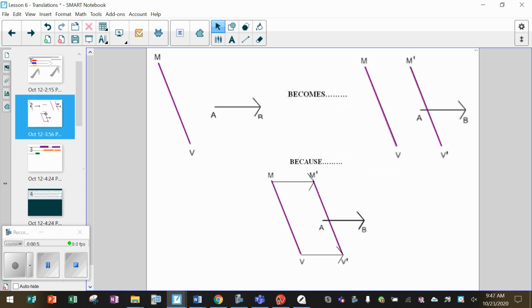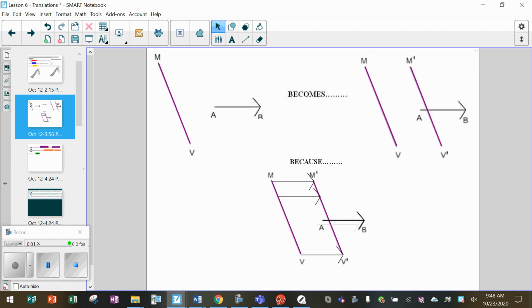What will happen in our translation is we will measure using the given vector. So this arrow is called a vector. That tells us how far we're going to move our object and in exactly what direction we're going to move our object. So this line segment MV will move in the direction the arrow is pointing, and it'll move the exact distance that the arrow is drawn. So if I were to measure the vector AB,